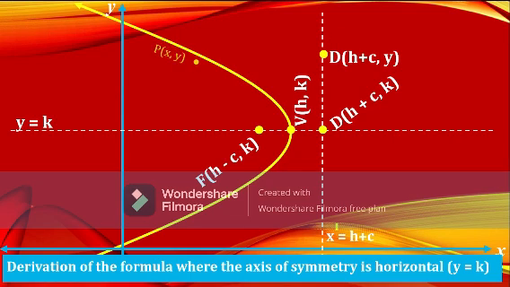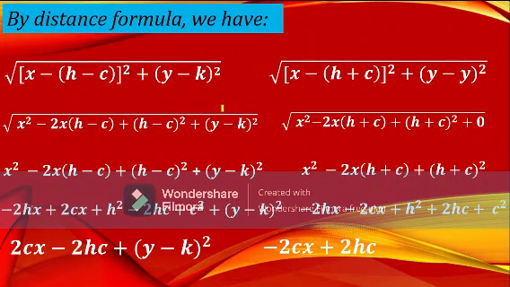So considering we have point P(x, y) connecting to the focus, we label that as PF. Then we have PD. By using the distance formula again, we are going to equate. This time we have the square root of x minus h minus c quantity squared plus y minus k quantity squared is equal to, that's PF is equal to PD, the square root of x minus h plus c quantity